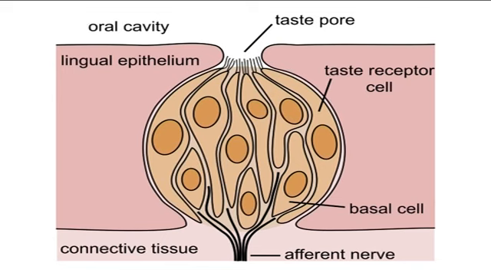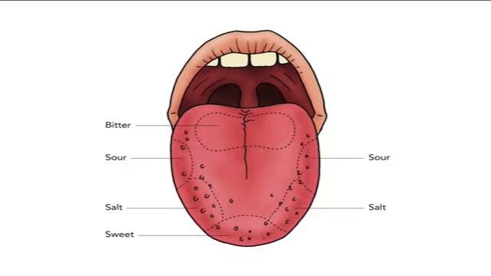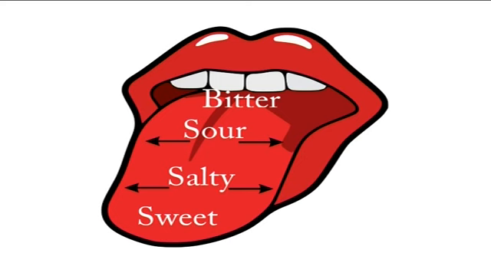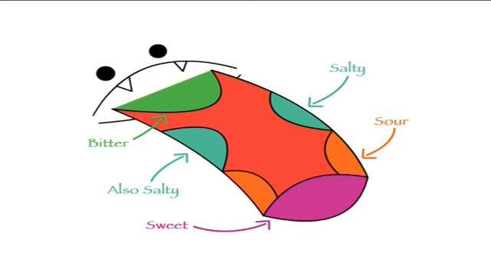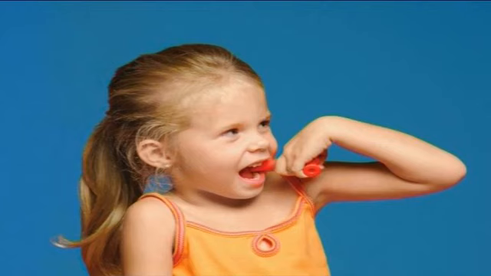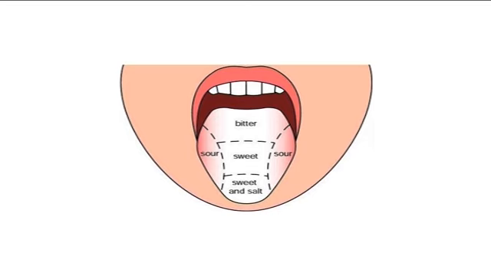Humans have taste receptors on taste buds, that is gustatory calyculi, and other areas including the upper surface of the tongue and the epiglottis. The tongue can detect five basic tastes: bitter, salt, sour, sweet, umami. Each of these taste receptors is most highly concentrated in certain regions of the tongue surface. Sweet receptors are mostly on the tip of the tongue, noted in a child's preference to lick a candy sucker rather than chew it. Sour receptors occur primarily along the sides of the tongue and are stimulated mainly by acids.